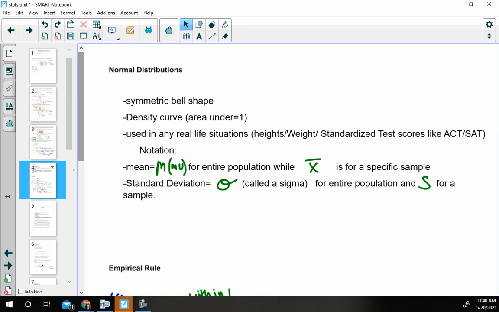Okay. We also have our standard deviation. Standard deviation is how much you deviate from the mean. That's how I kind of reference it. So it's how far spread out your data is from your mean. Okay. So we have different